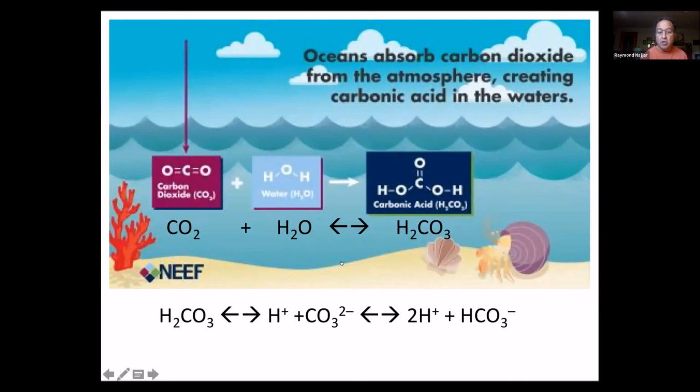There's more reactions that occur. That carbonic acid will break up and form hydrogen ion and carbonate ion, and then that reaction will go further and make more hydrogen ion and so-called bicarbonate ion. And this is why the ocean can hold so much carbon, because actually most of it is not in this form. Only like 0.5% is as CO2, about 10% is as carbonate ion, and about 90% bicarbonate ion. That's what makes the ocean such a massive reservoir of carbon, and gives it this great ability to absorb carbon dioxide